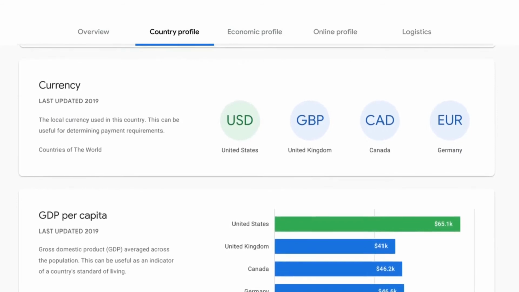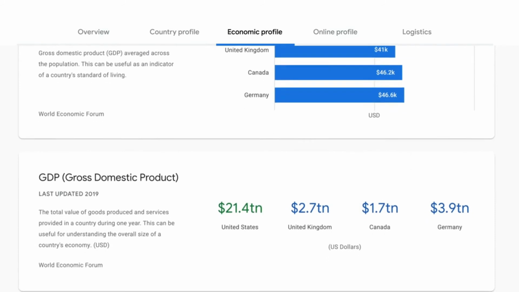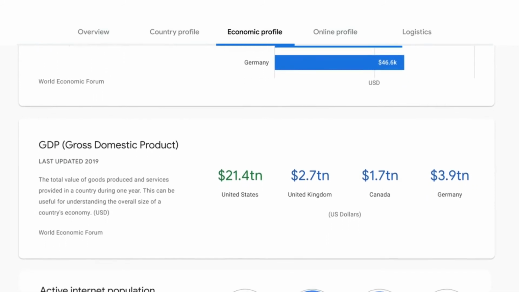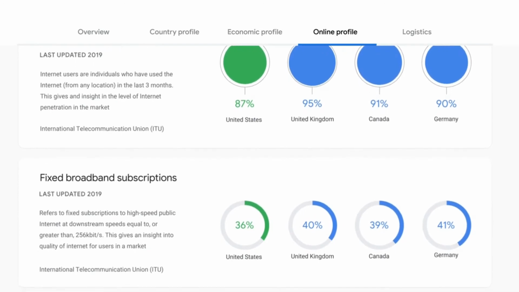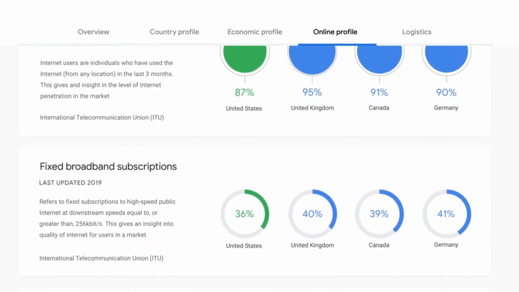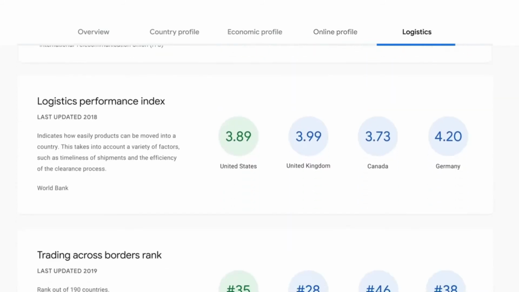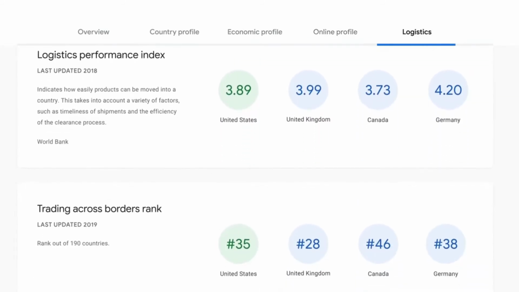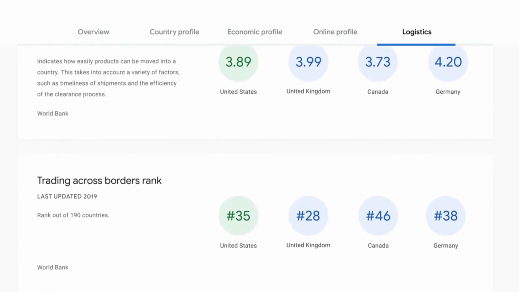Using Market Finder, Suresh can easily compare each potential market to his current one. The insights can show how much people earn on average and the number of monthly searches for juices, as well as the ease of doing business in that market and the logistics of exporting. This information allows Suresh to benchmark each market against his existing one and plan his market export strategy.